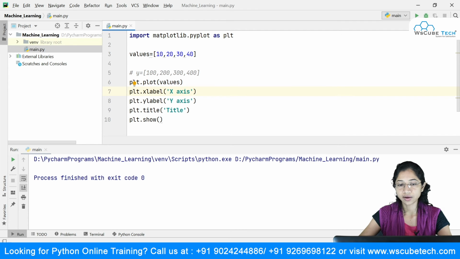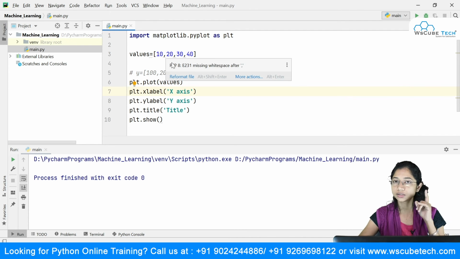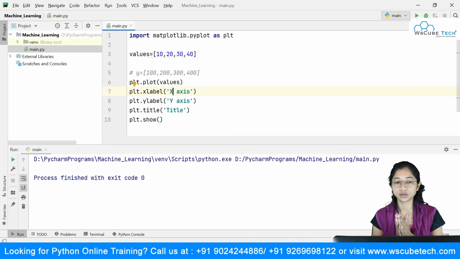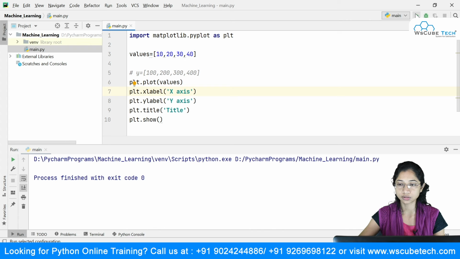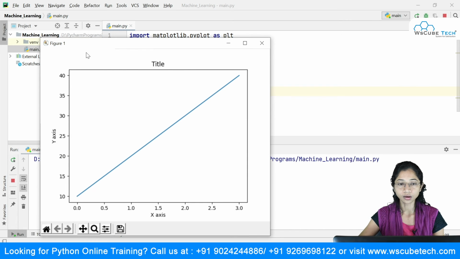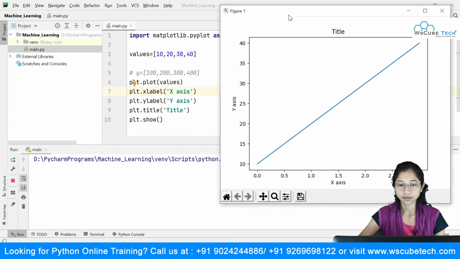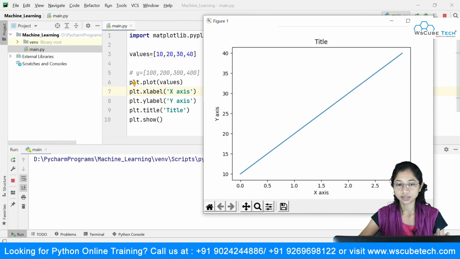So if you pass a single set of values inside your plot, these values will be plotted over your y-axis, and on the x-axis it will just take the default values starting from 0. I will just run this. You can see that when I passed a single set of values, 10, 20, it has applied them over the y-axis: 10, 20, 30, 40.